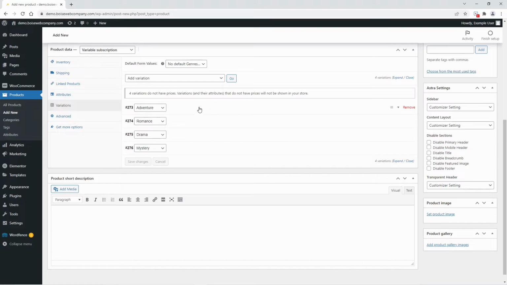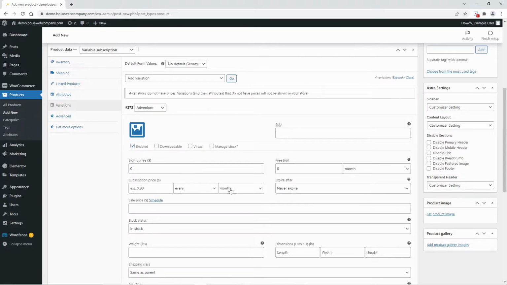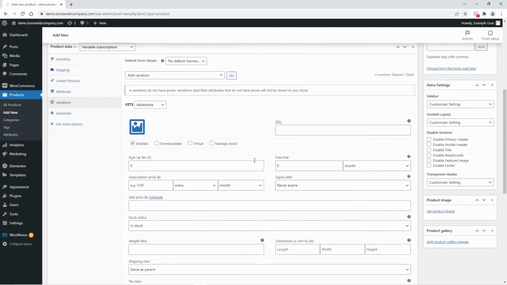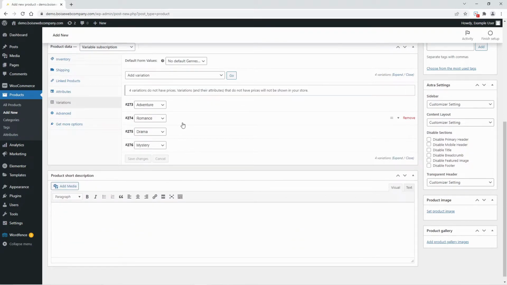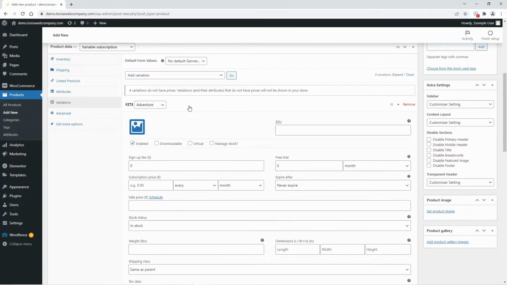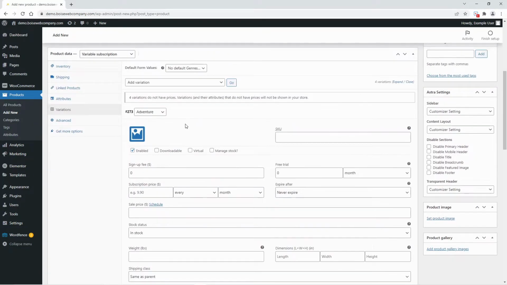Go ahead and click next to your first one and you can see that we can set up all of the subscription data for our first variation. After you finish that, click on the second one, same thing. So here we can go through and we can add a sign up fee. Let's say it's $5 to sign up. A subscription price, let's say that it'll also be $5, and here you can choose how often they'll be paying